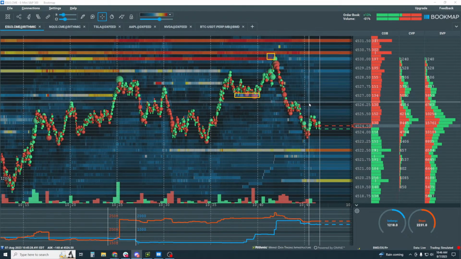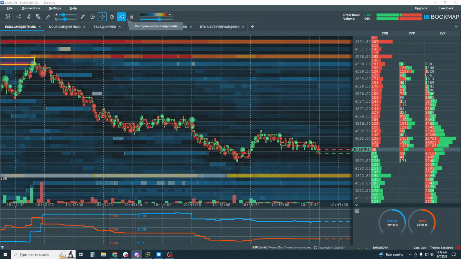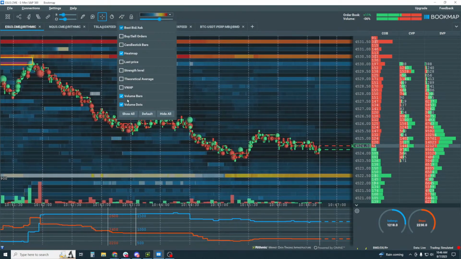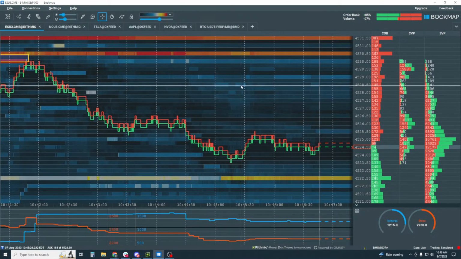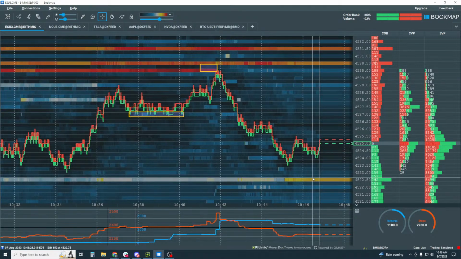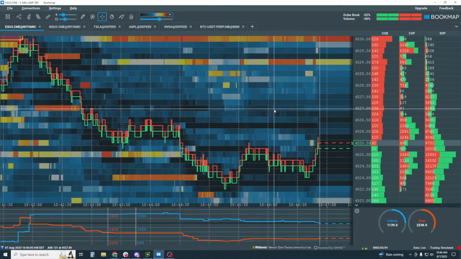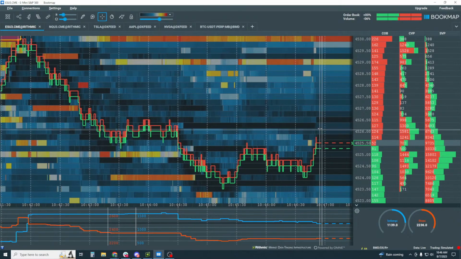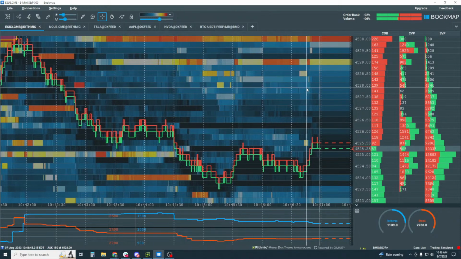Okay, you see it now. Well, we did this exercise the other day, so we've done it for years, in fact. Just take the volume off. Okay, we don't have volume now. We're not going to lean on that. We're going to read the order book in here, and what's happening in the order book. Okay, and then understanding how price action relates to the order book.